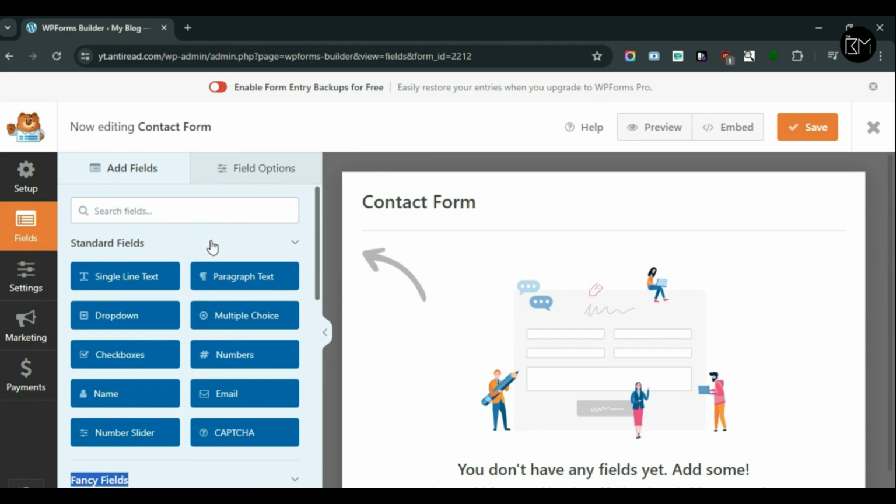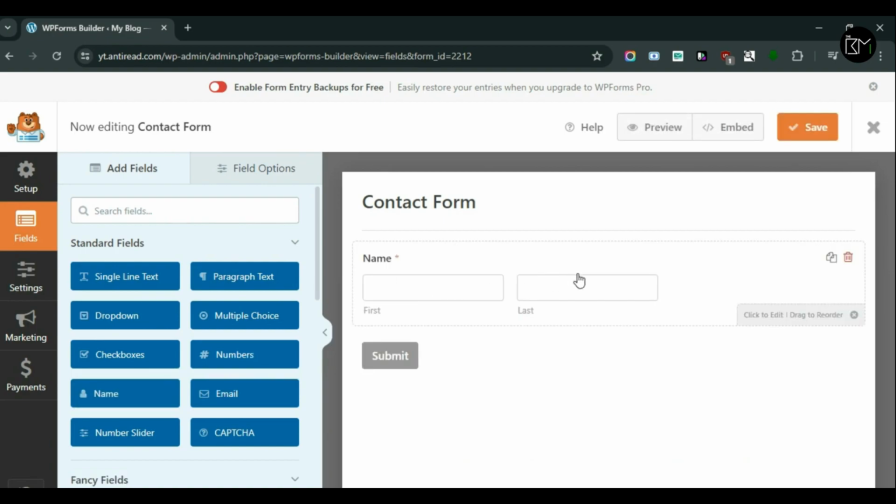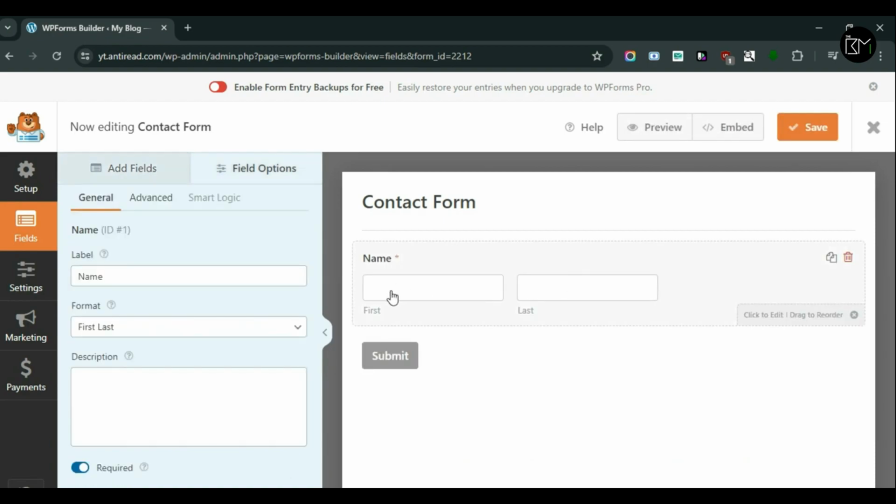So in any contact form, the first option that we will see is the name option. So we have to drag the option like this and drop it just right here. Now, there are two options available in the name section. First option is first and second option is last. But if you want to change the name of this section, you can easily do that by selecting the name option and typing whatever you want. Here you see the name option is now changed, but let it be the same as it was before.